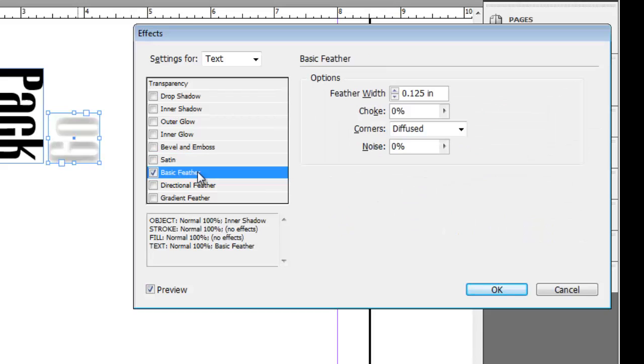Feathering takes the font and has it look lighter. A directional